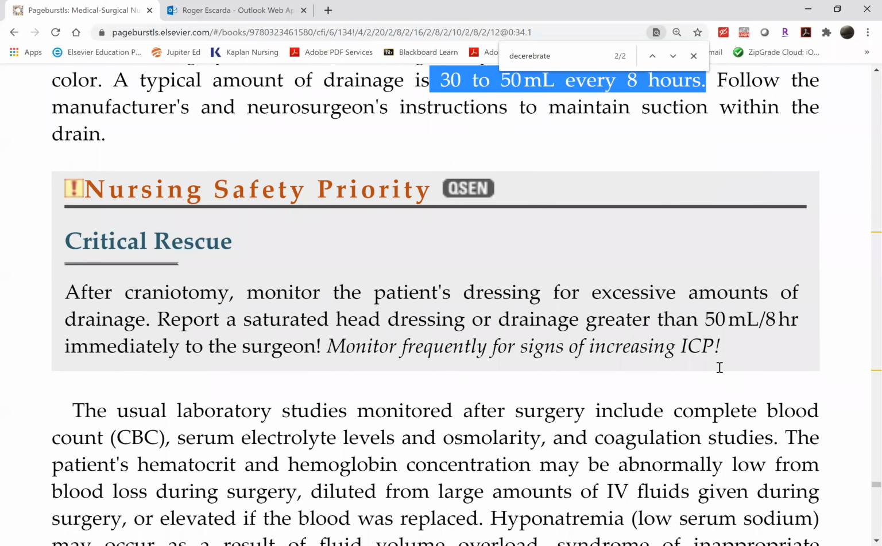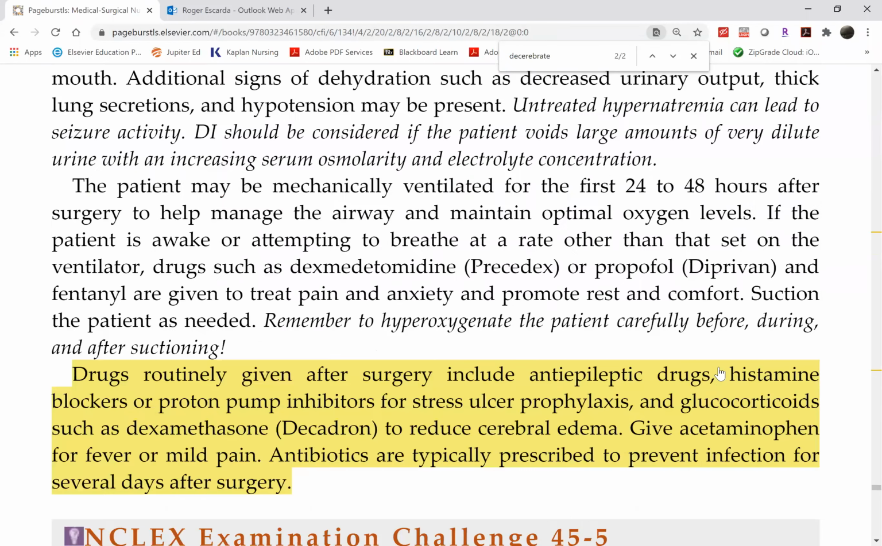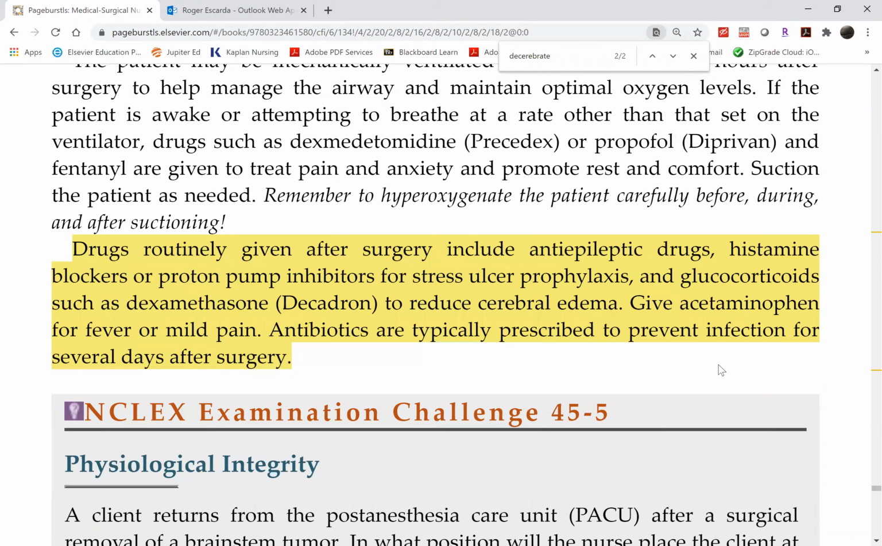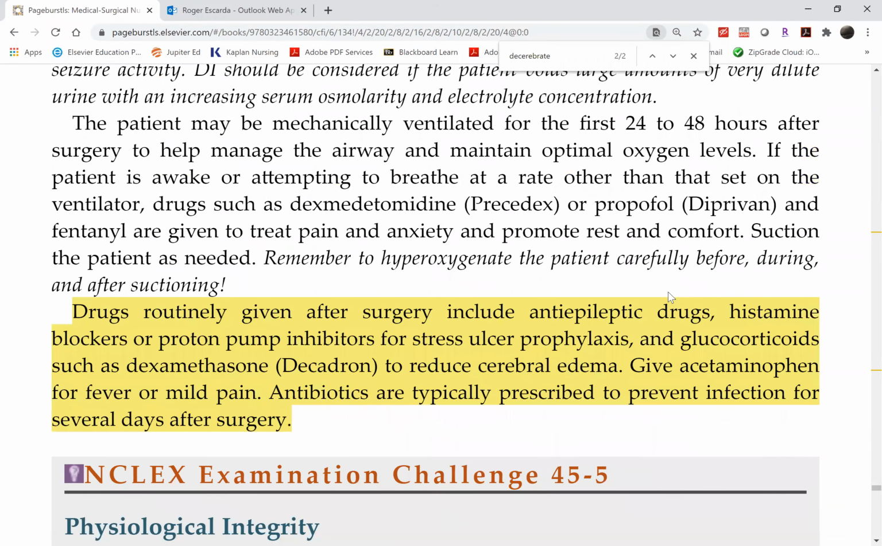And that should be it for today. Oh, one more thing. This is for every craniotomy patient, whether it's supra or infratentorial: these are the routine drugs given post-op or even before surgery, because every patient who has increased ICP will be put on